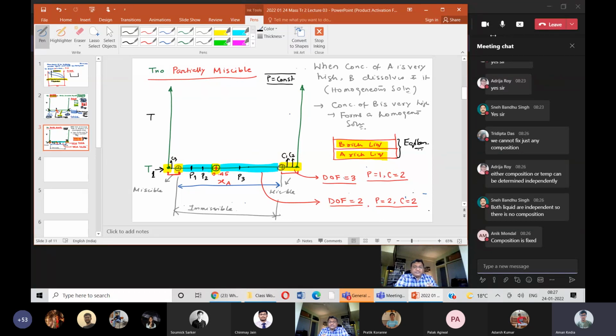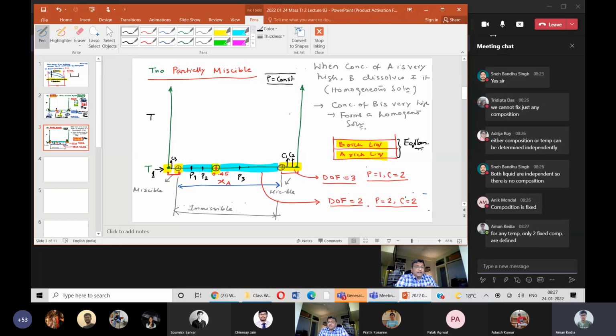Adrija, you are rethinking, assuming that temperature is constant, because we are drawing it on the line, T1 is equal to constant. Only 2 fixed compositions are defined. Aman Kedia, very good answer, but defined is not the correct point. What it means is that P1, P2, P3, whatever initial composition you take within this zone of insolubility, whole class, listen to me very carefully, you are going to get,